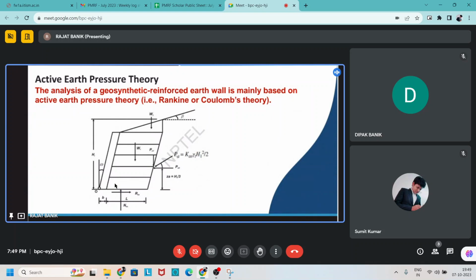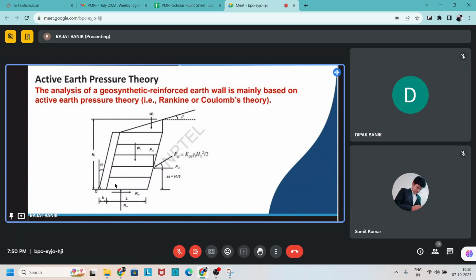So one arrangement of the reinforced wall, and see that the active earth pressure is given here as KAE gamma 1 H1 square by 2, and the action of this is at a height of H by 3 from the bottom, and the wall facing is inclined at an angle of omega, and the backfill surface is also inclined at an angle of beta, and the width of facing is given as b and the width of the wall is given as L, and at the base there is one friction force given as R or lateral force given as RBS, and also a reaction force is given,